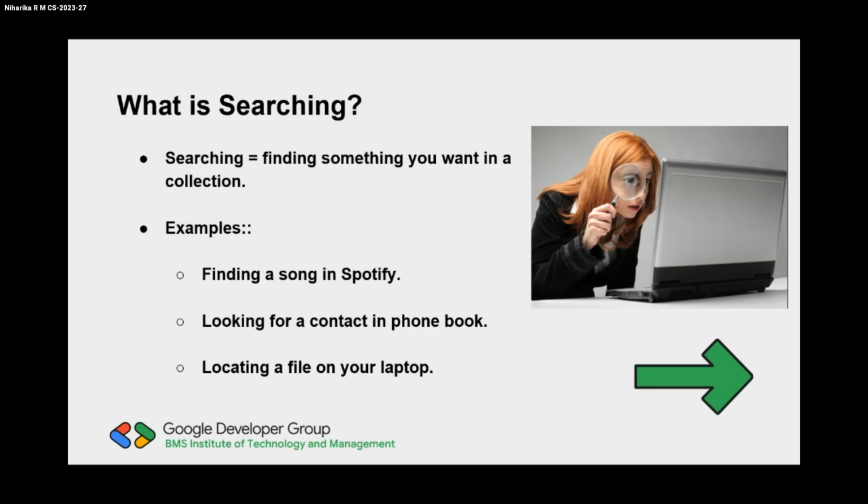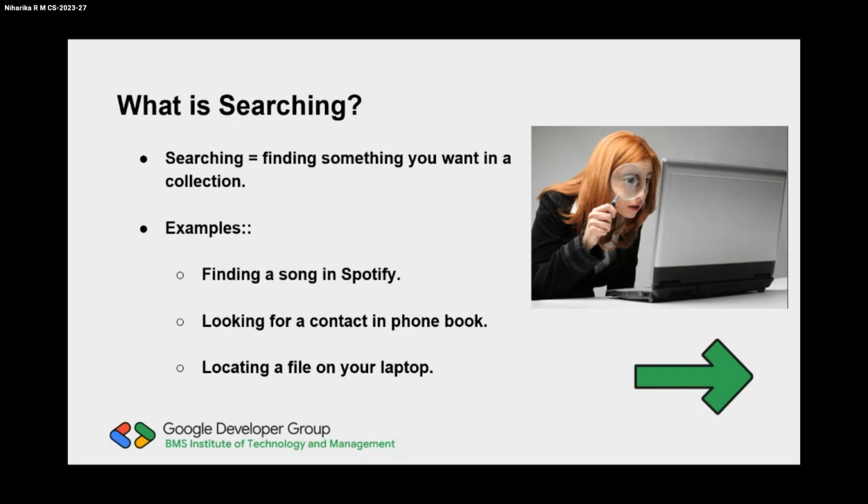When I say collection, it can be anything, like an array. It can be a list of contacts in your phone, or the millions of web pages on Google, or an entire library of songs on Spotify. And the target, let's imagine you want to search for your friend's number. You go to your phone app, type their name, and you get their number, right? That is called searching in your phone's contact book. Basically, we will be finding a solution where you can search in a very efficient manner.